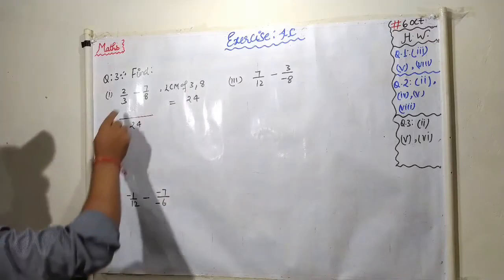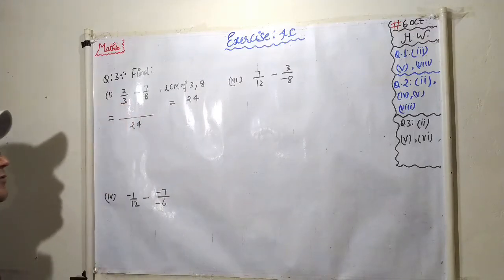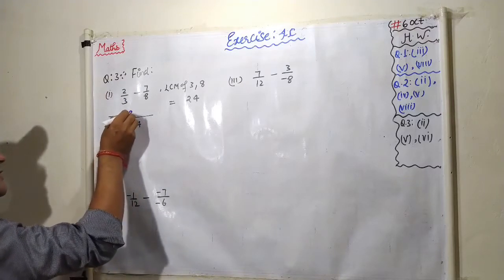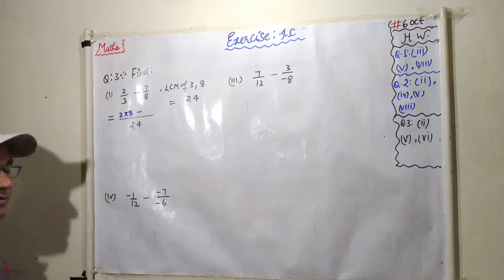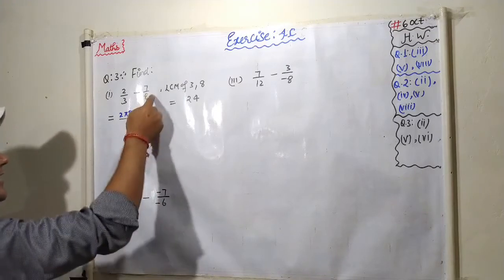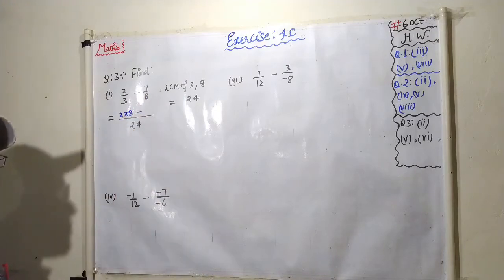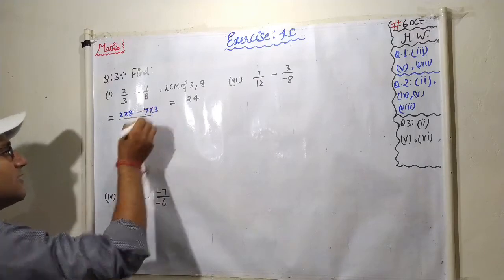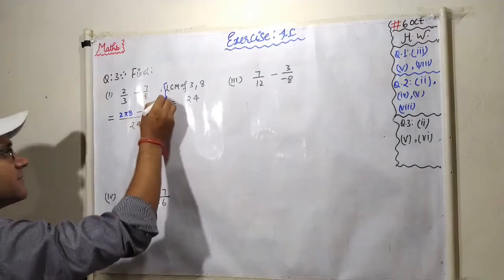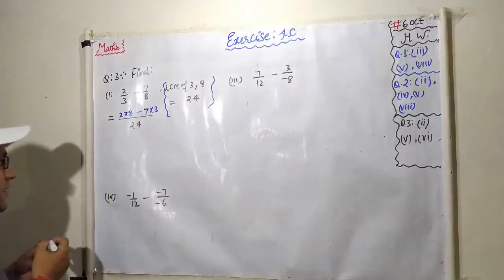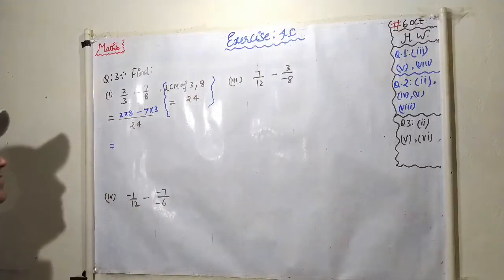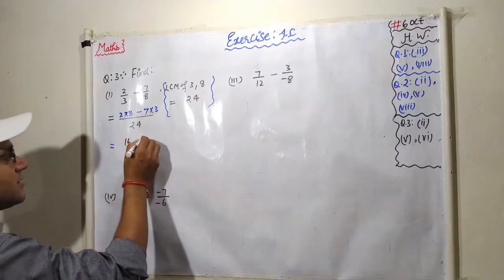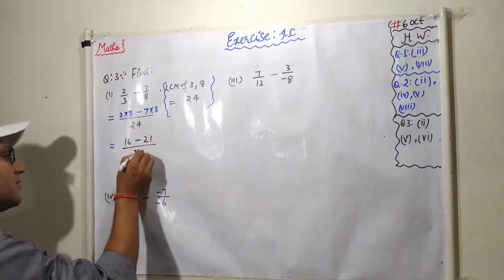So write this LCM as an equivalent denominator. Okay, so by 3, if you divide 24, what you will get? 8. 8 is multiplied into 2, 2 into 8. Minus, directly you will write 16, no problem. Okay, by 8, if you divide 24, what you will get? 3, and 3 is going to be multiplied by 7, 7 into 3. Okay, so in next step, you will get 2 eights are 16, 16 minus 7 threes are 21 upon 24.